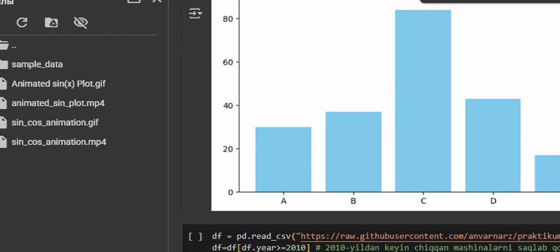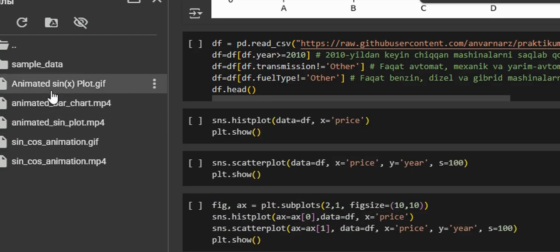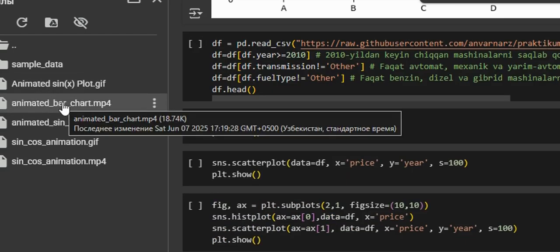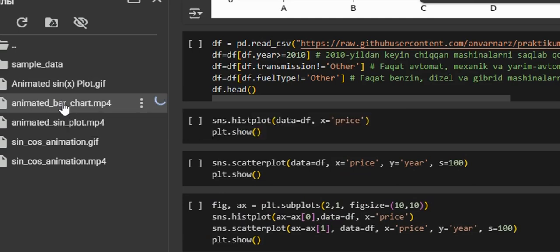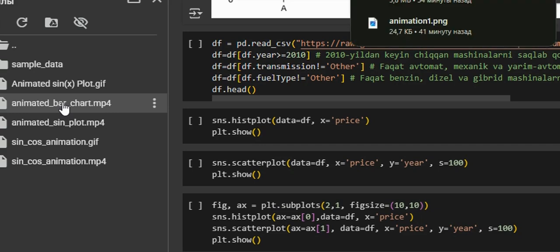ani.save('animated_bar_chart.mp4', writer='ffmpeg', fps=2). plt.show(). This animated bar chart visualizes how the values of 5 different categories, A, B, C, D, E, dynamically